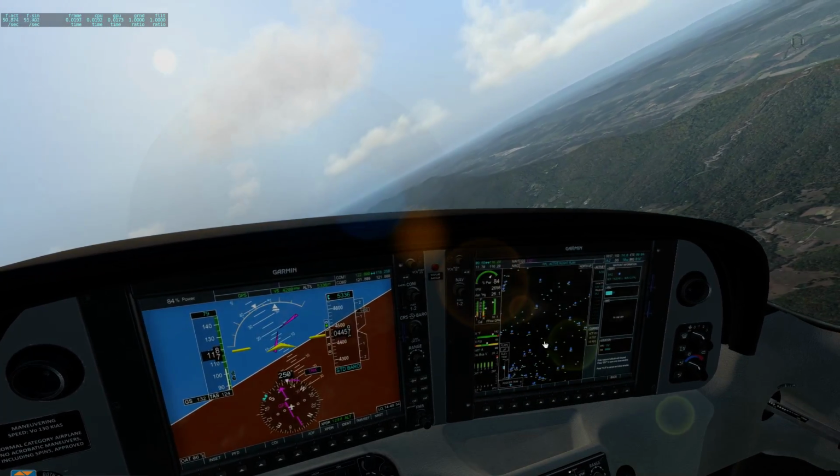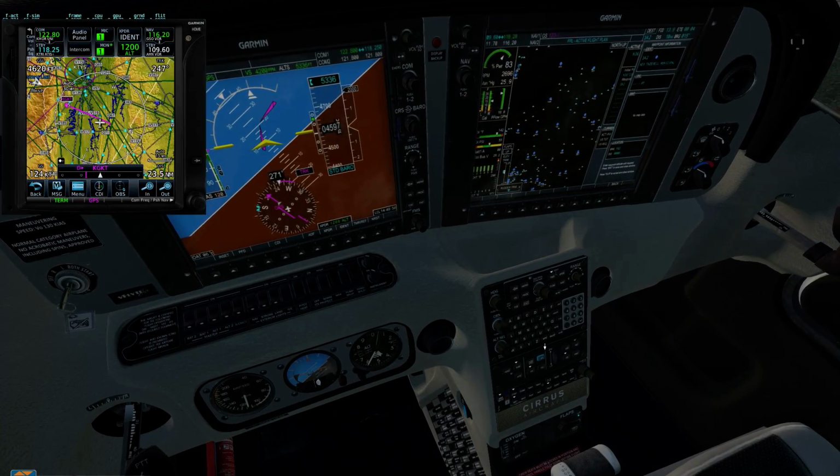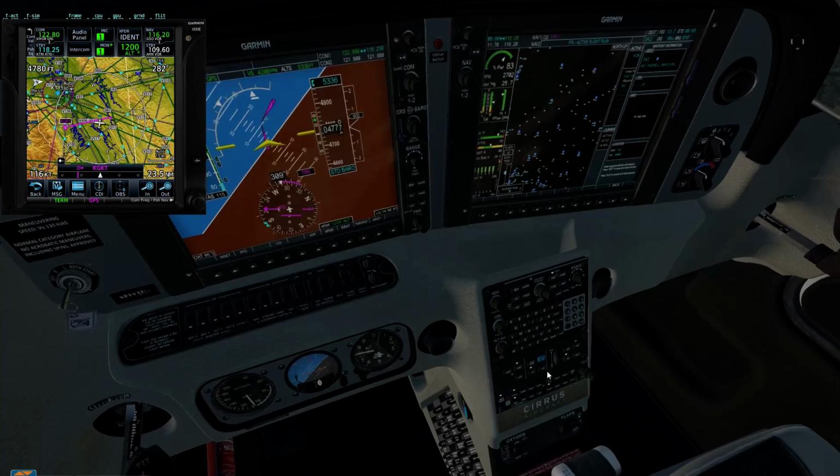Alright, let's go to, what's our altitude? 4,000 coming up on 5. We'll go to alt at 5. So we need to zoom